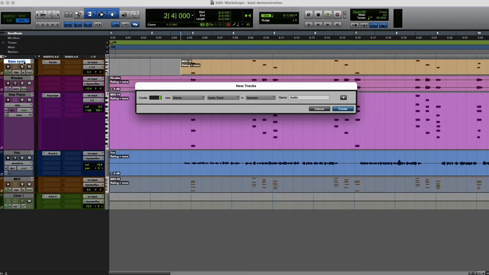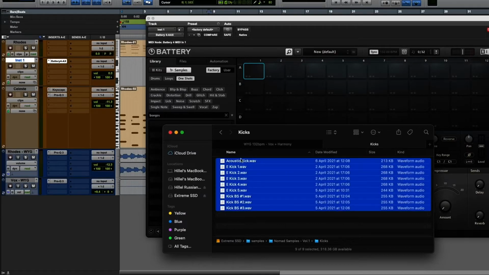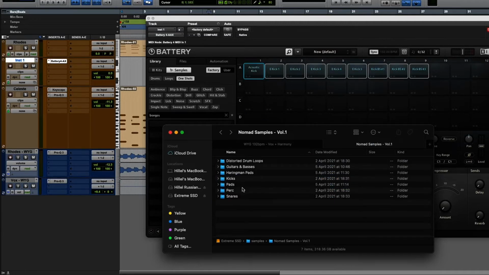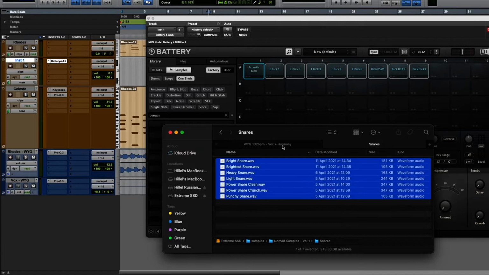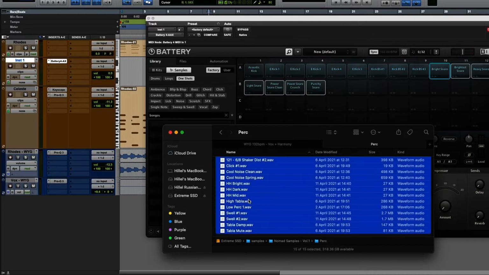Why not? I'll be using Battery. You can use whatever drum rack you have, or simply drag the audio in and manipulate it that way. It doesn't really matter. I'll open Nomad Samples, Volume 1. I'm not really sure what specifically I want, and I do want freedom to maybe change samples as I go. I'll just insert all the kicks, all the snares, and all the percussion except for the swells, which will just